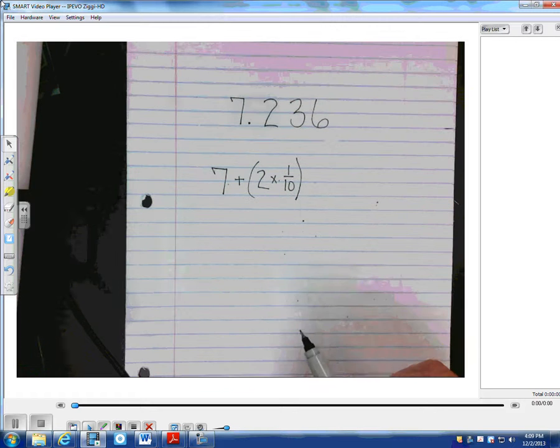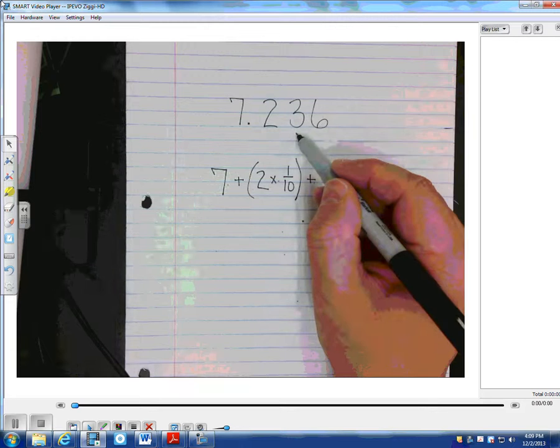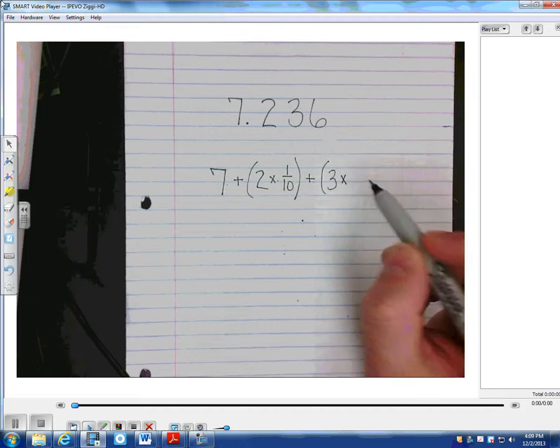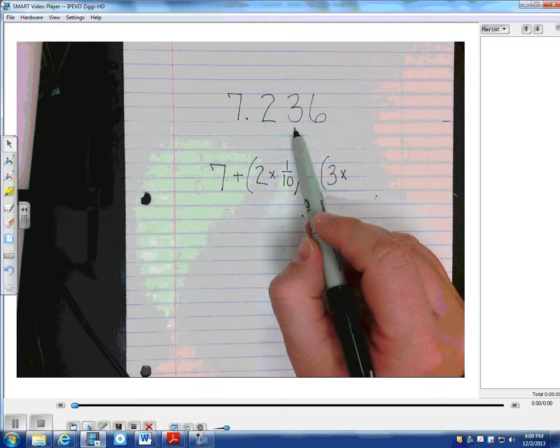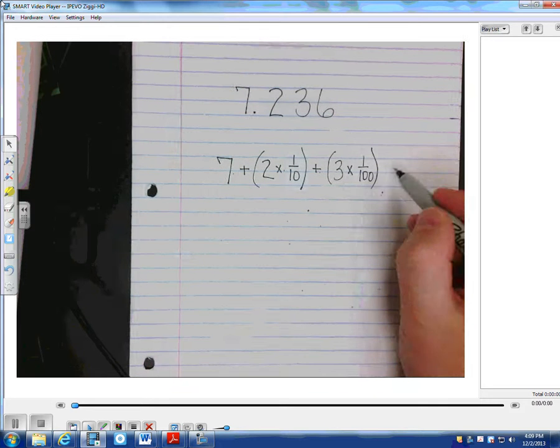Okay, plus, then I do the same thing for the 3. 3 times, and what place value is this? This is the tenths place, this is the hundredths place, times 1/100. Okay, plus,